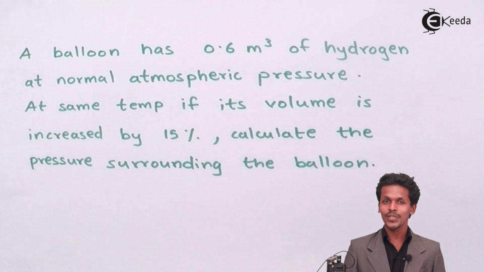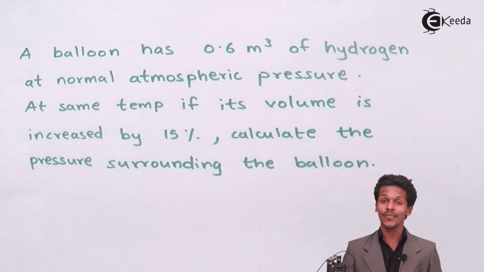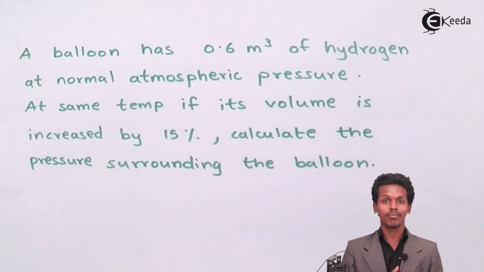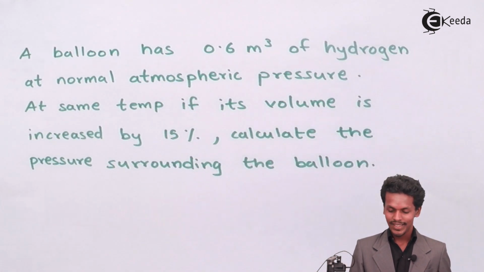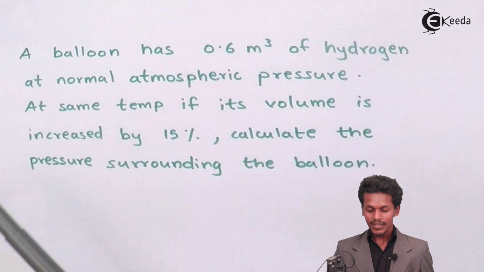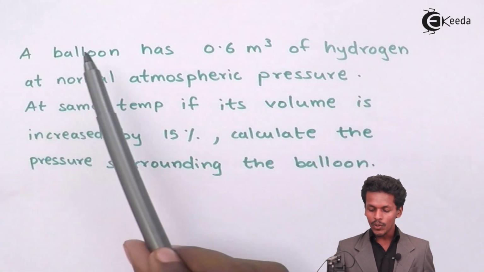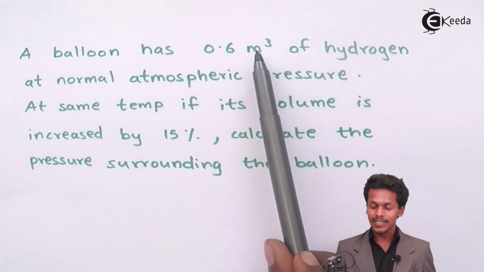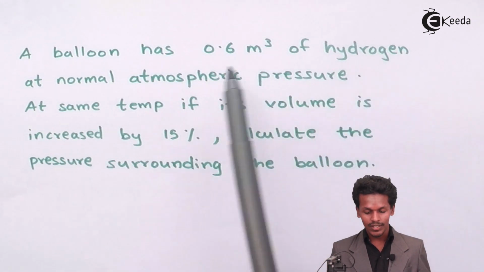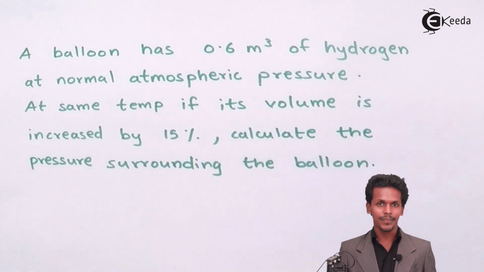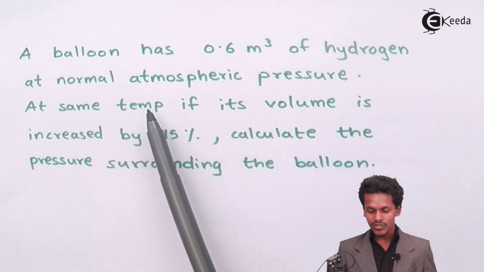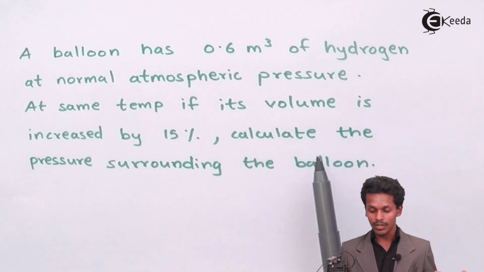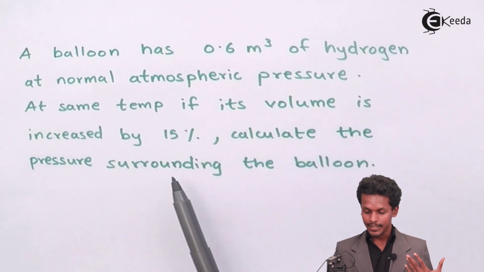So friends, as mentioned on the screen, there is a question which is based on Boyle's law. First of all, let us read it and see whether it is asking about Boyle's law or not. They have given that a balloon has a volume of 0.6 cubic meter of hydrogen at normal atmospheric pressure. And at the same temperature, if the volume is increased by 15%, then we have to calculate the pressure surrounding